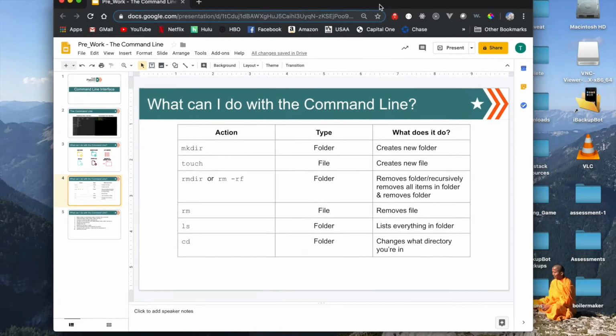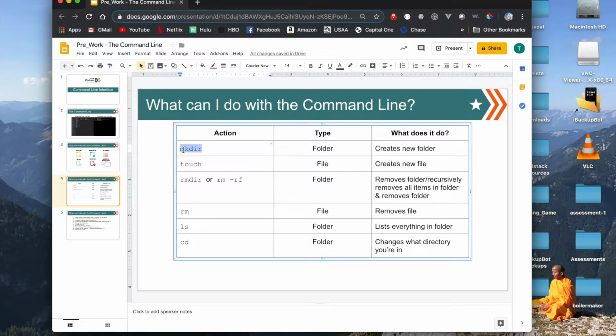So let's review what commands you can do to navigate and just perform in your terminal or command line or console. It's all called the same thing. So we have mkdir, make directory, which will create a new folder. We can do touch followed by the name of the file you want, which creates a new file. We have rm -rf, remove recursively force. That's kind of what that means, which removes the folder, recursively removes all the items in the folder and